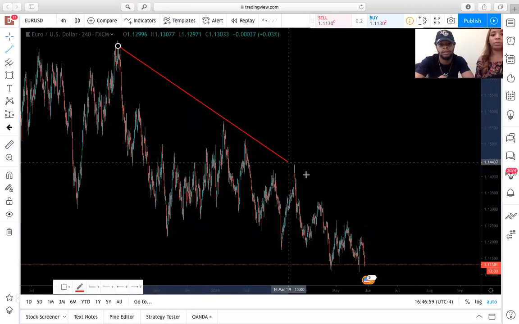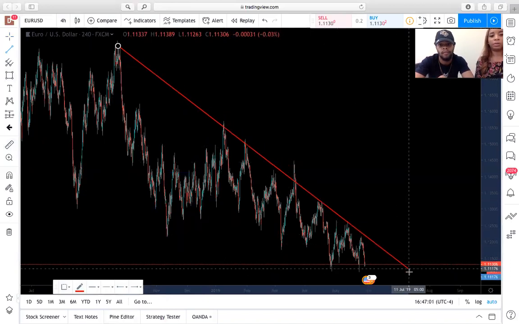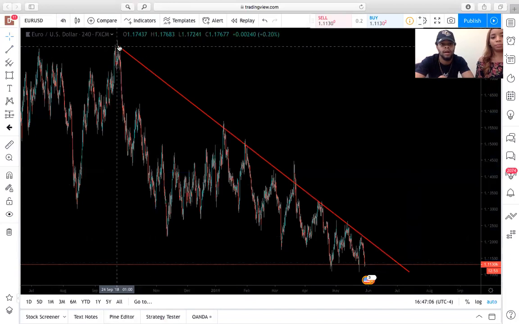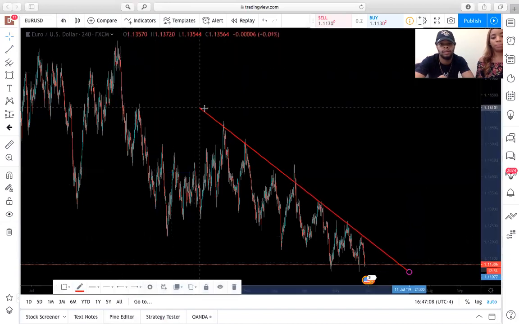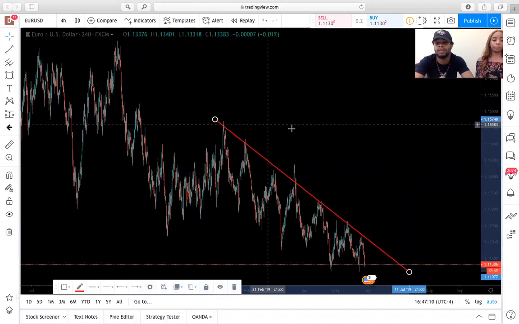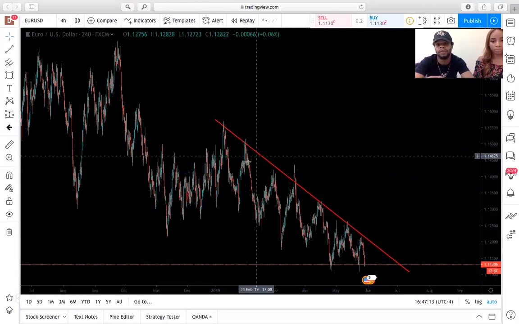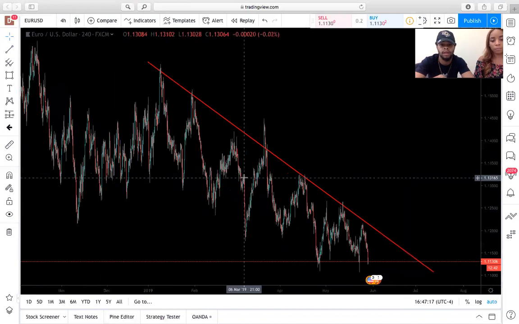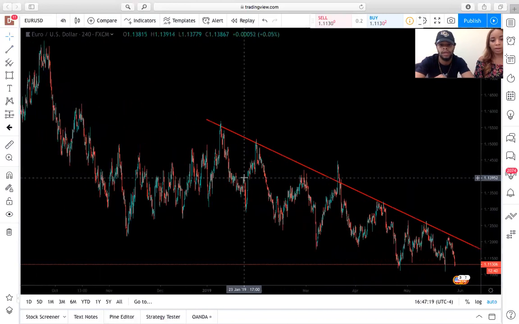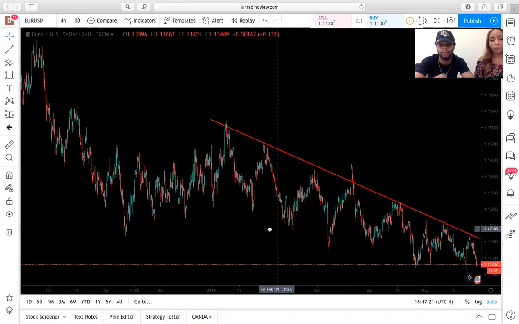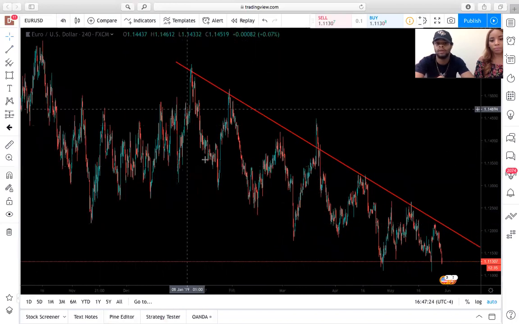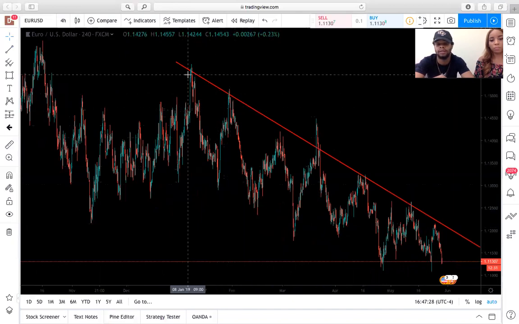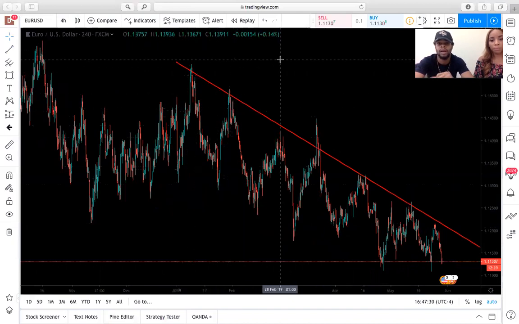So let's show you. Let's do this one here. As you can see, I drew my trend line, three touches. You're going to see that it's making lower lows and lower highs. This high is lower than this previous high. So in the downtrend,